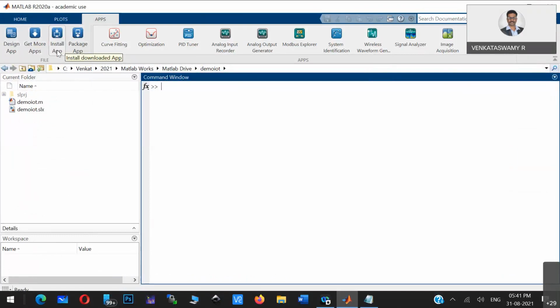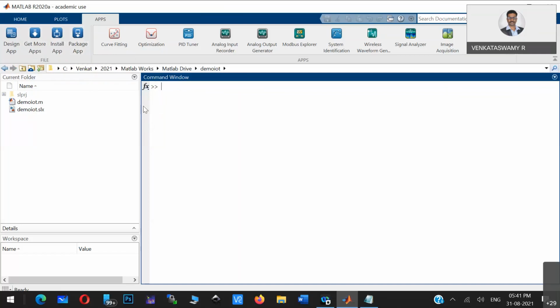The next one is install app. It is the same as get more apps, wherein you can download the source file and install it offline, whereas get more apps installs from the internet. And the last option is package apps.